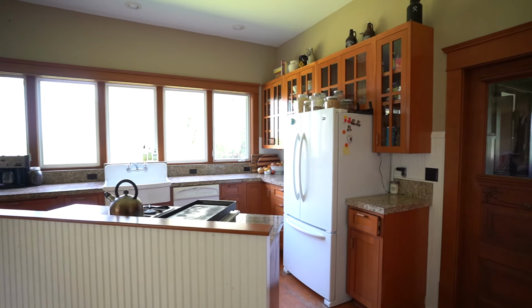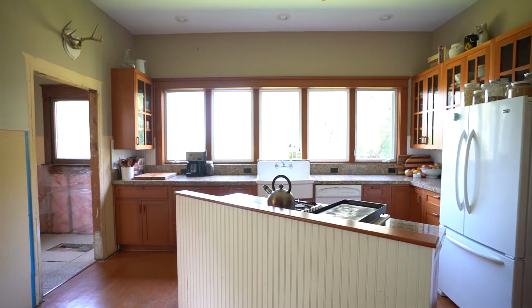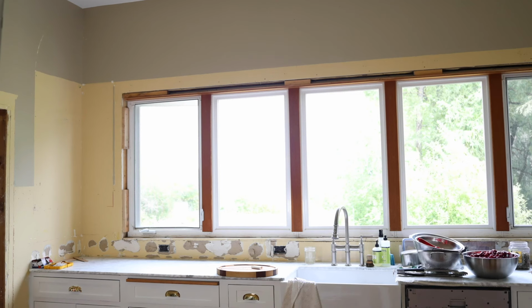Another issue that we have had in this kitchen since the get-go are the windows. Mostly all original windows in this house. Someone's replaced the glass itself, but I think the wood part of the windows are all original, would you say? Yeah, for sure, like the window framing and the windows. Except in the kitchen. So there are vinyl windows in the kitchen, and they're the only vinyl windows in the whole house. And basically since we moved in, we've wanted to do something with them, but